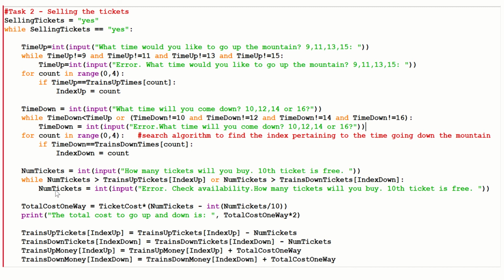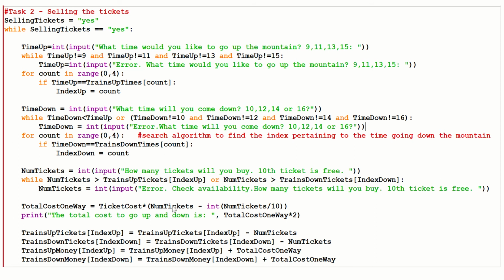So yes, then we'll say error, input it again. We keep doing it until it is not more, if num tickets is equal to or less than train up tickets position index up. So okay, next, total cost one way, okay, so total cost one way would equal to